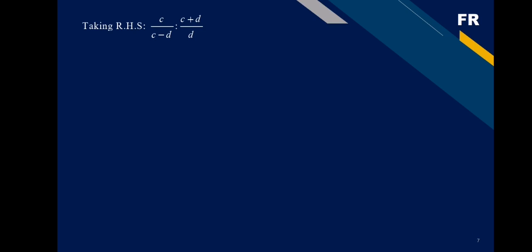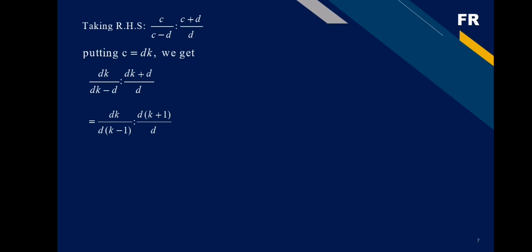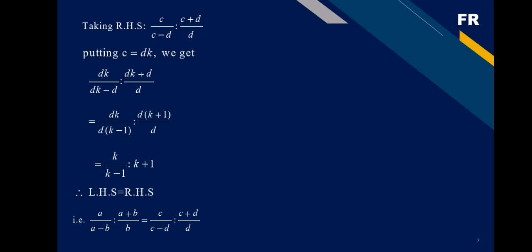Similarly, taking right hand side, we just get c by c minus d ratio c plus d by d. Putting the value of c to be dk, we just get dk by dk minus d ratio dk plus d by d. Taking d out as a common factor, we will be left with k by k minus 1 ratio k plus 1. So left hand side is equal to right hand side, or we can say a by a minus b ratio a plus b by b is equal to c by c minus d ratio c plus d by d, hence